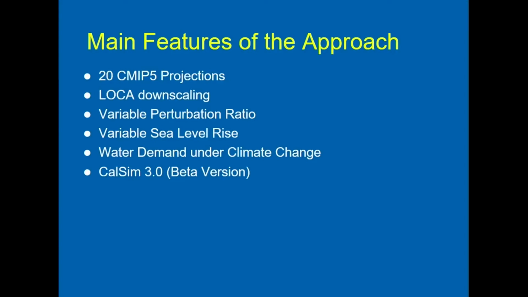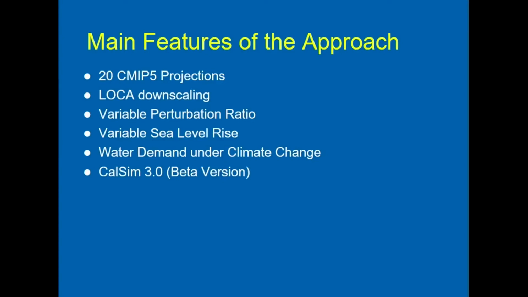Because we also need to downscale this climate model projection because it's so coarse, we're using the LOCA downscaling method to downscale the climate model projection. LOCA means Localized Constructed Analogs, developed by Scripps Institution of Oceanography. And after downscaling, we put the downscaled precipitation and temperature into the VIC surface hydrological model to generate